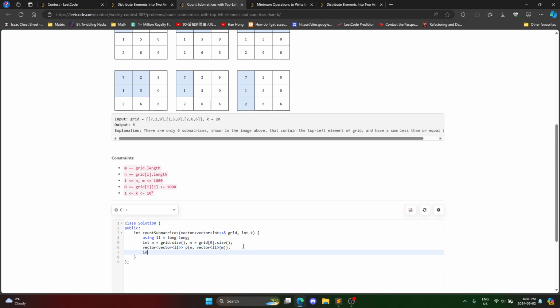Wait, how the heck do I do prefix? How do I do 2D prefix sum? So it's like I want